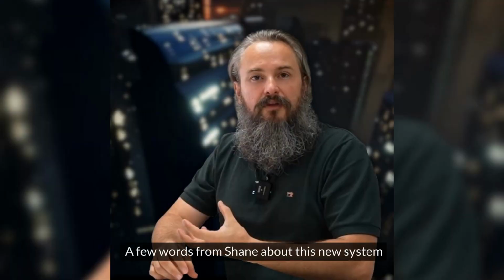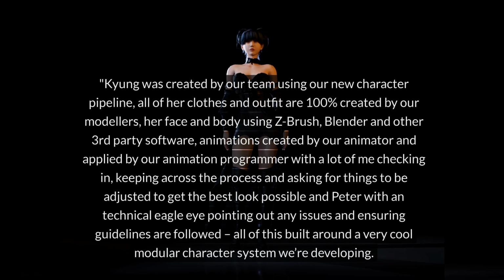A few words from Shane about this new system. Kyung was created by our team using our new character pipeline. All of her clothes and outfit are 100% created by our modelers. Her face and body using ZBrush, Blender, and other third-party software. Animations created by our animator and applied by our animation programmer, with a lot of me checking in,